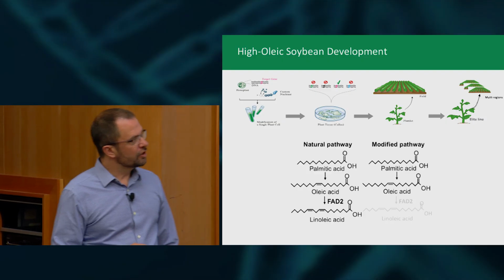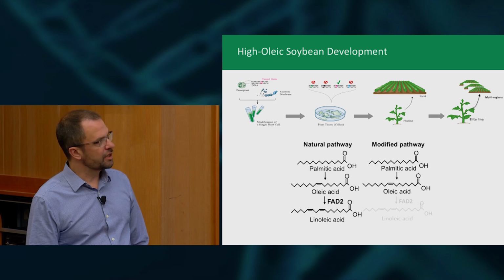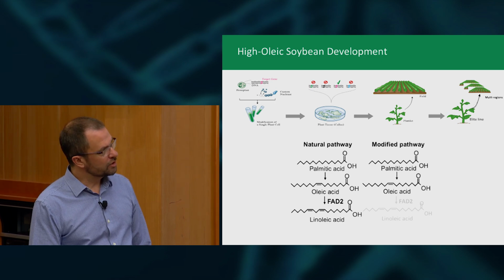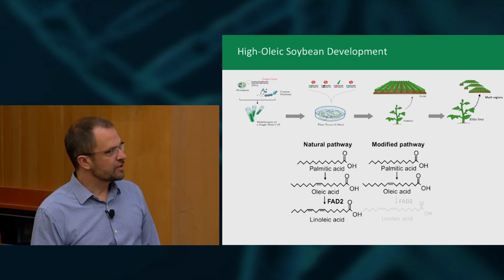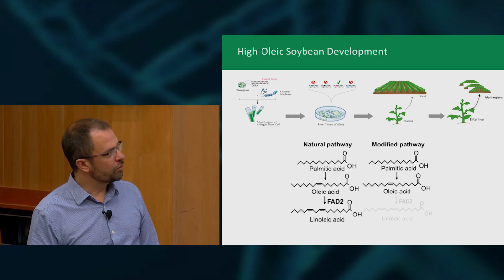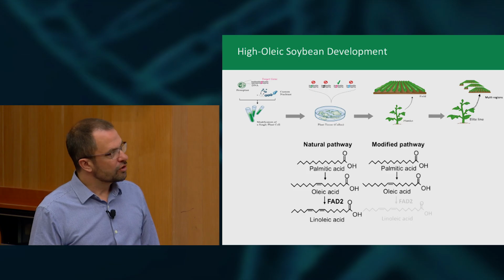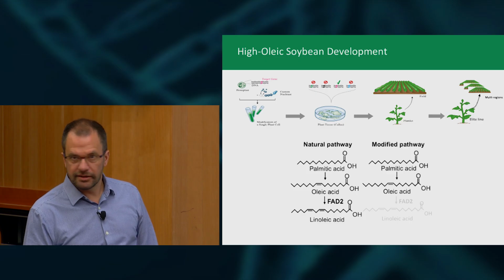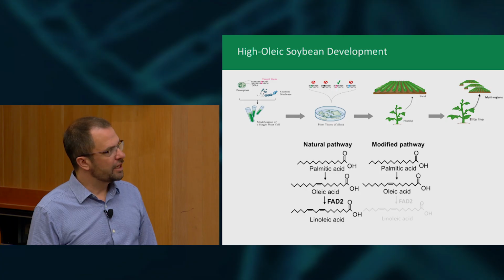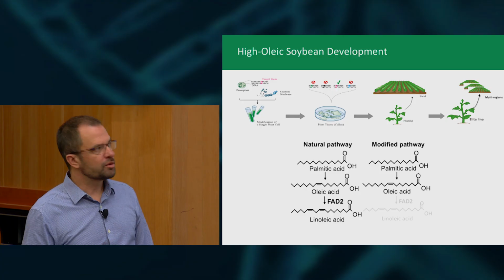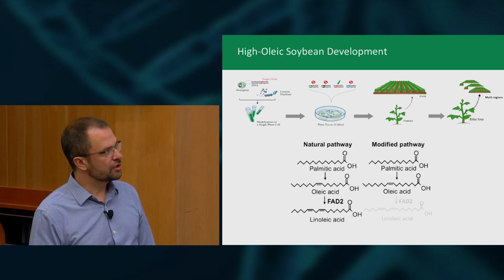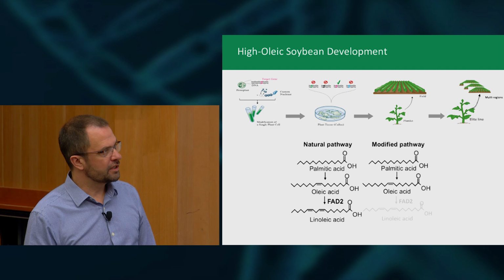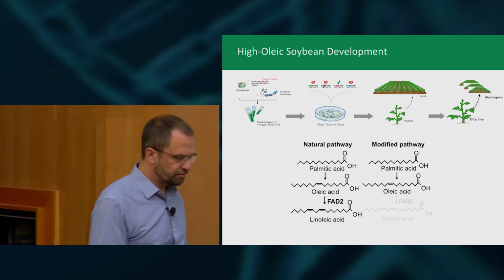So soybean encodes these fatty acid desaturase enzymes. They take a monounsaturated fat like oleic acid and add another double bond to create linoleic acid. And this linoleic acid can get further modified into other polyunsaturated fats. So there are 4 genes. Soybean, like many plants, has a complex genome, and 2 of them are expressed in the seed. So those were the ones we wanted to target. And so the idea was, if we knocked out these seed-expressed genes, we could increase the production of oleic acid and decrease the amount of linoleic acid.